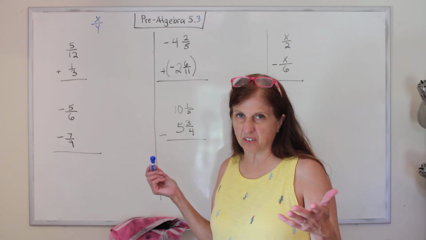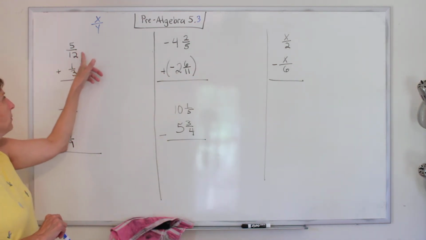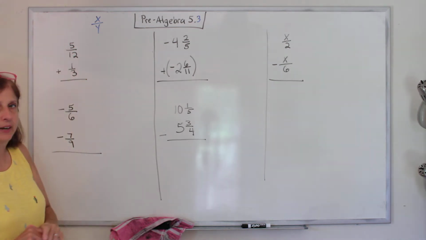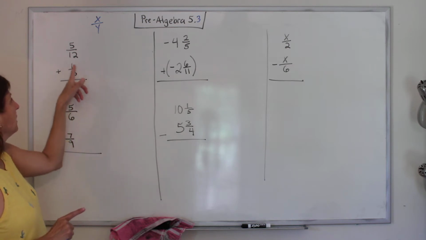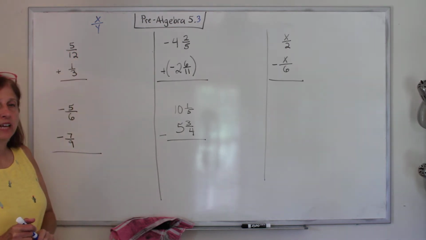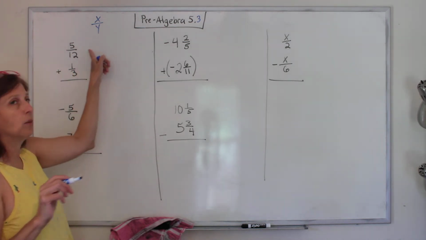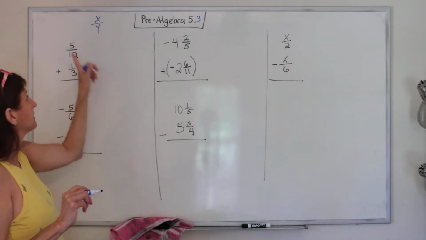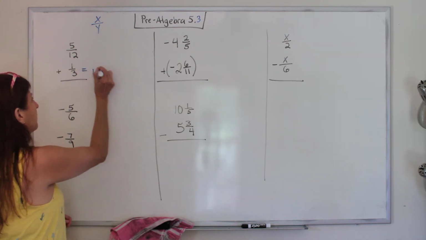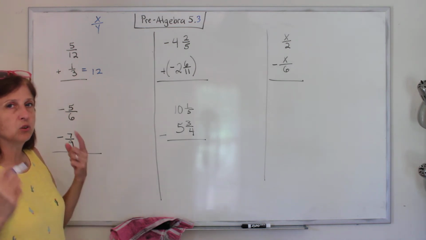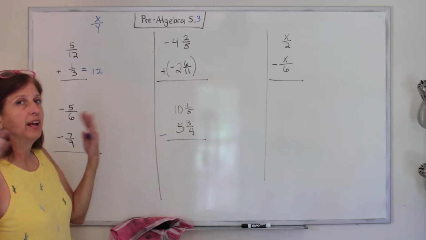Well, it depends on the situation. So this is our easiest situation here. The denominators are 12 and 3. And what you do first is you ask yourself, does 3 go into 12? If it does, then does the little one go into the big one? If it does, the big one is your new denominator. So my new denominator, 3 does go into 12. So 12 is, I'm going to convert this to having a denominator of 12, and then I can do the